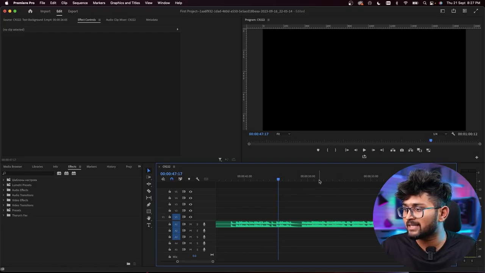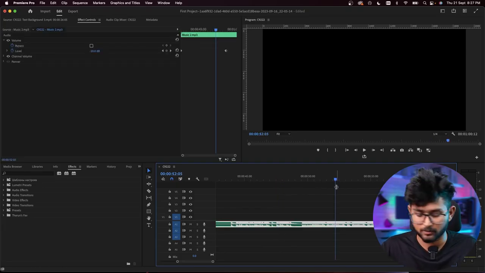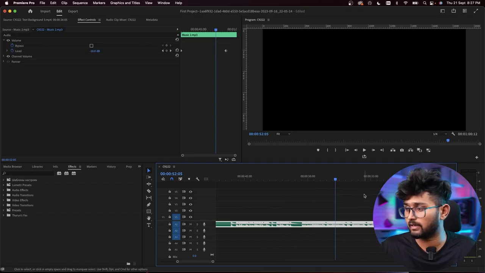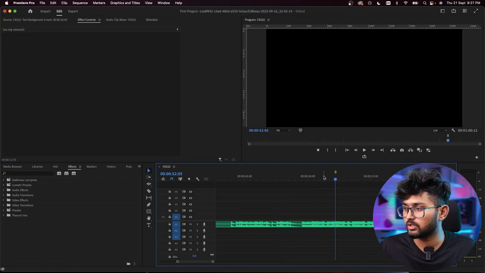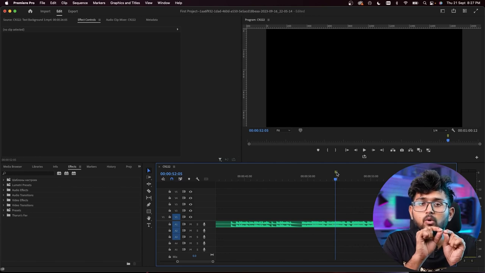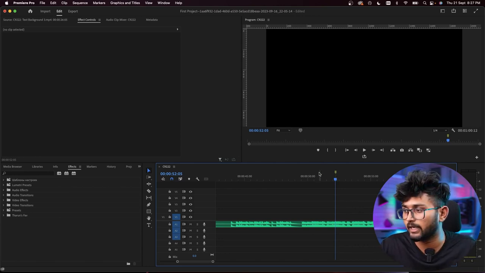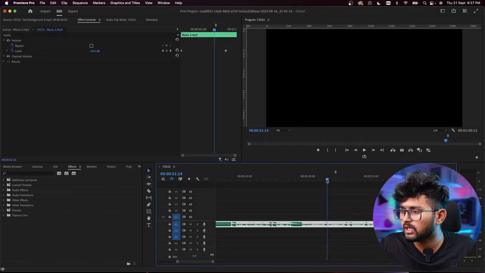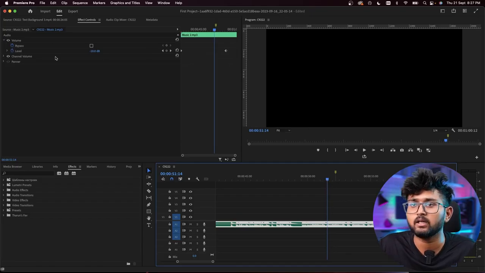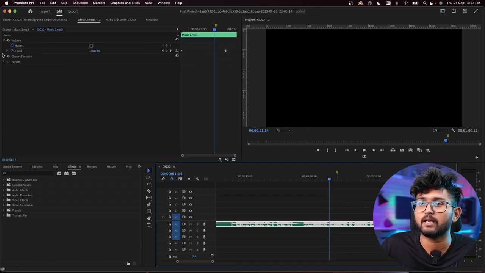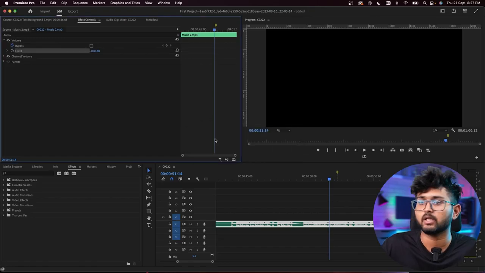Everything is done. Imagine I want the audio to increase from this point. Let me just add a marker so you have clarity over here. Added a marker. So this is the point when you want the audio to slowly increase, right? What you'll do is you'll slowly come a little ahead, and you'll get inside this effect control panel. Initially there are no keyframes for levels.